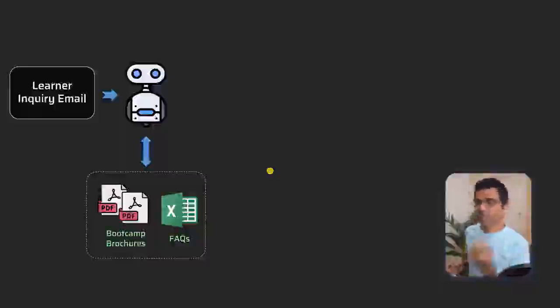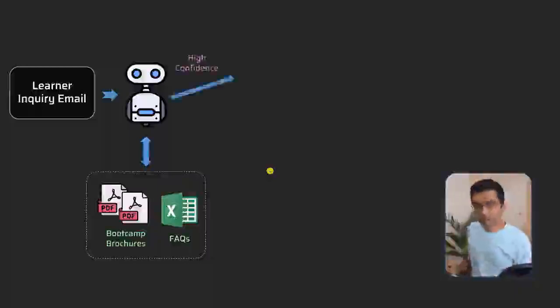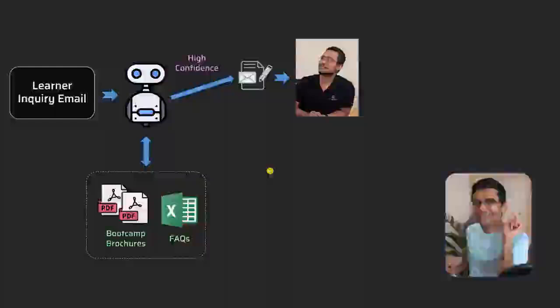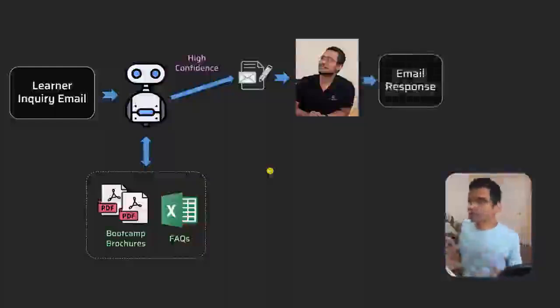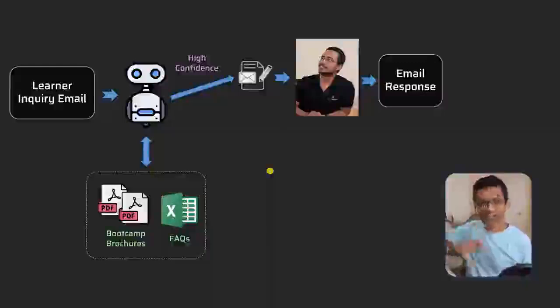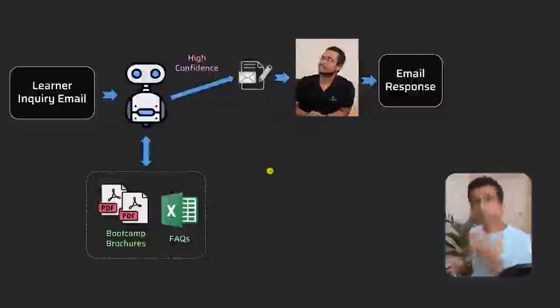So in the first phase, what we are going to do is we will come up with a confidence score. So let's say whatever answer this agent is producing, if it is high confidence, then that answer, which will be drafted as an email, will be given to our learner experience team and they will just hit the send button. Okay. So let's say on average, Vishal takes 5 minutes to respond to a learner query. Now, since the answer is already drafted by this AI agent, he will quickly review it in, let's say, 10 seconds, and he will hit the send button. So 5 minutes is now reduced to 10 seconds or 15 seconds, which is a huge improvement if you look